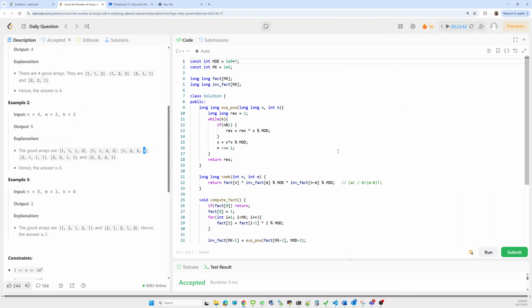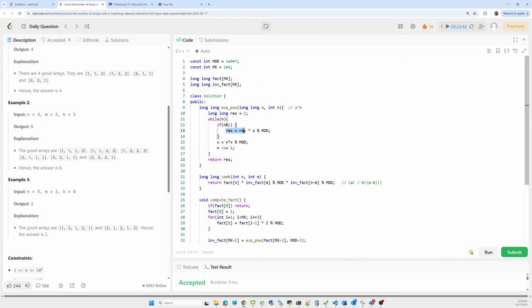So this is the method. First we'll check how we will calculate the exponentiation power, means x to the power n. It will give me x to the power n. So for that we'll take a result, initially initialized to 1, and we'll apply a loop until our n value is greater than 0. In that loop we have to update our result only when the binary bit of n is odd.